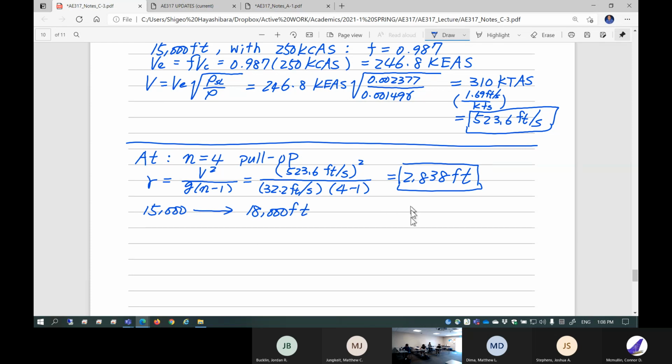Okay? So the maneuver is looking like this. You are going to start from here, and you're going to end up here. Radius is 2,838 feet. So if you start with 15,000 feet, you end up about 18,000 feet here. Okay. So now,